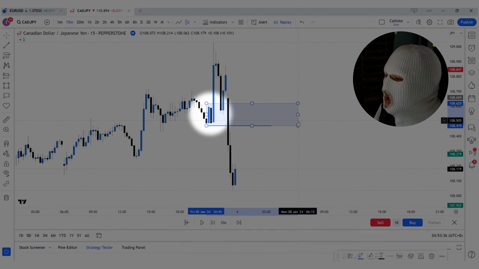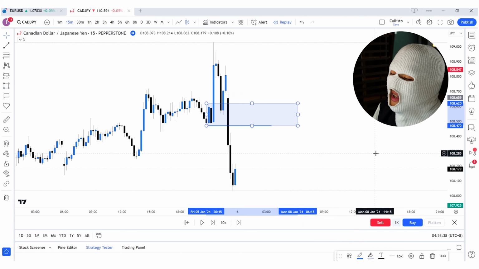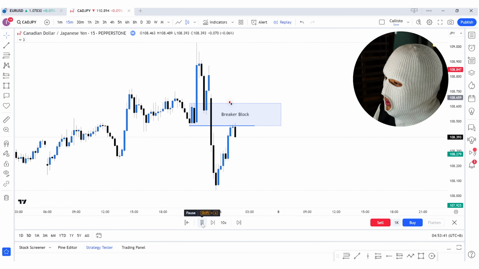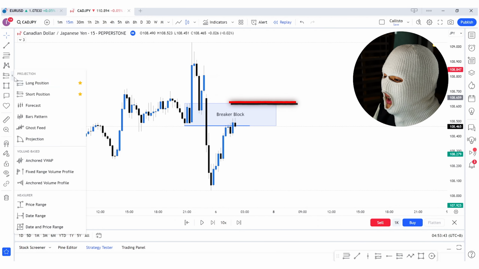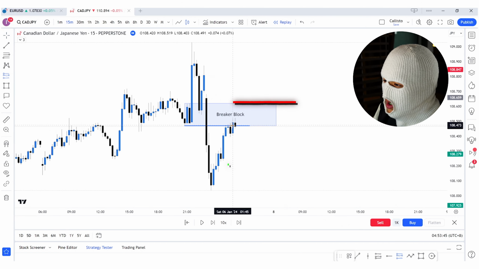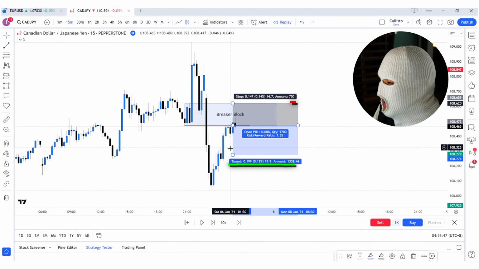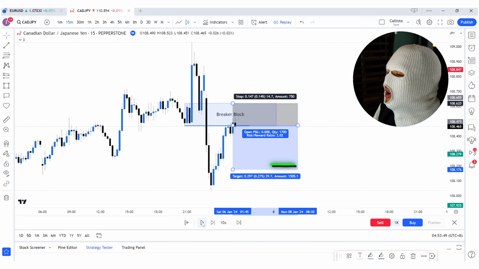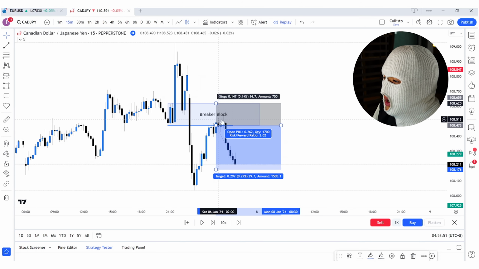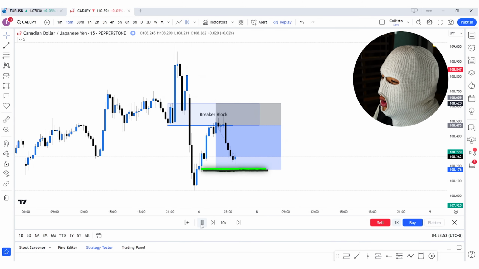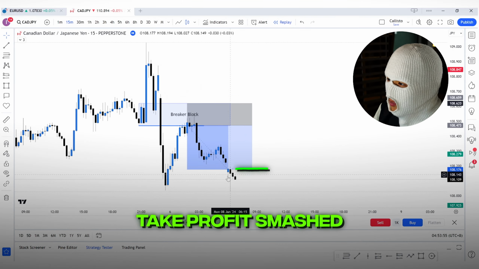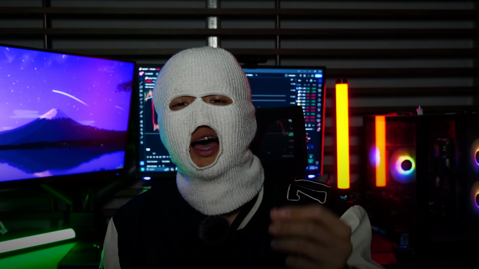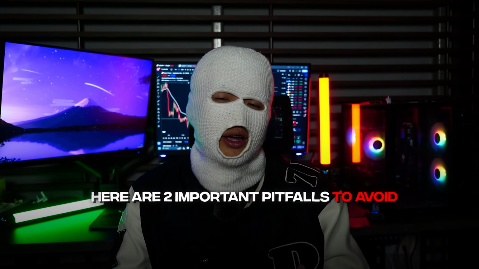the order block that failed. Once price retested the breaker block and closed inside of it, I took a short with stop loss above the breaker block, targeting a 1:2 risk reward ratio again. And now let's see how this trade plays out. This trade consolidated around our entry for a little bit before aggressively dumping lower and smashing our take profit. Simple. Now that I've gone through the entire strategy with you, there are two important pitfalls to avoid to increase